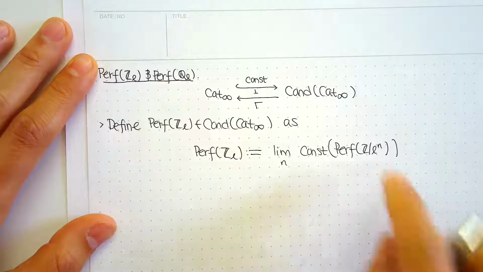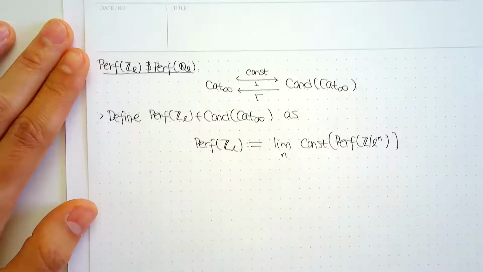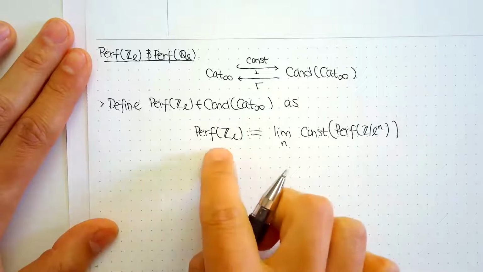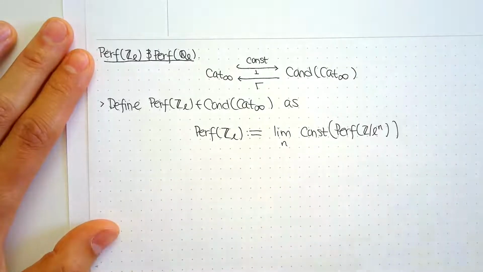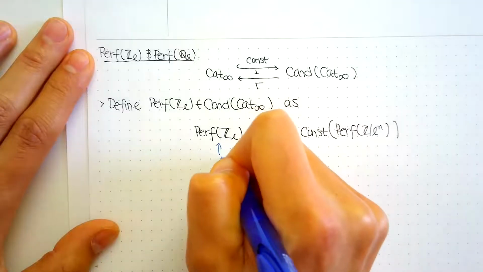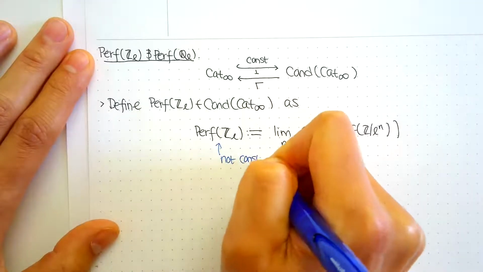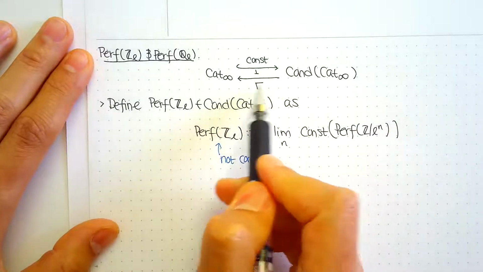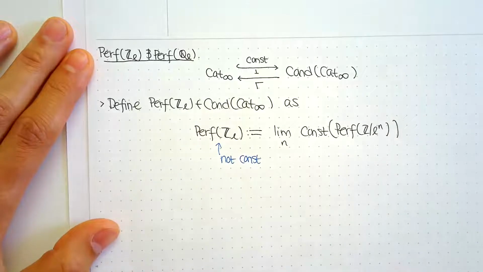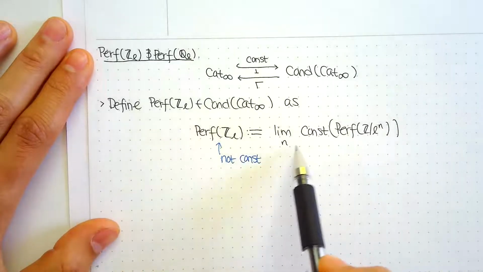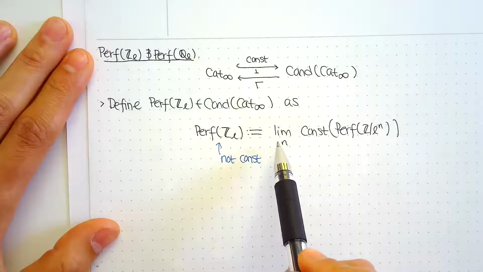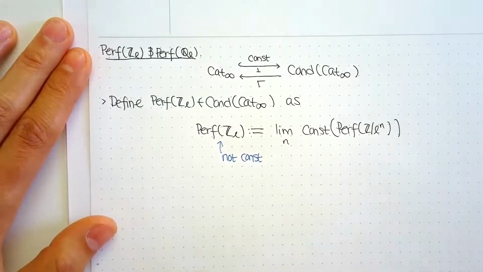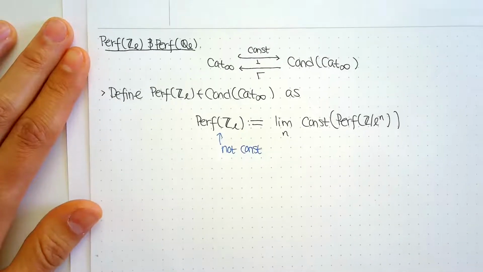So it's really just compact objects in that derived category. And so this is something that is not constant. But it turns out that this global sections functor actually preserves all limits and colimits, up to some set theoretic issues. And so